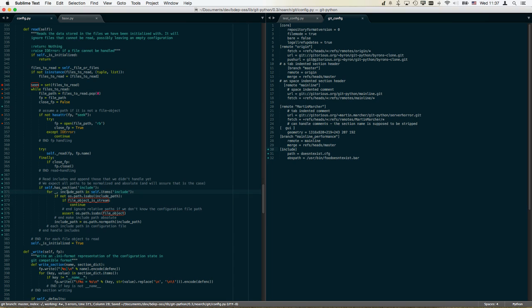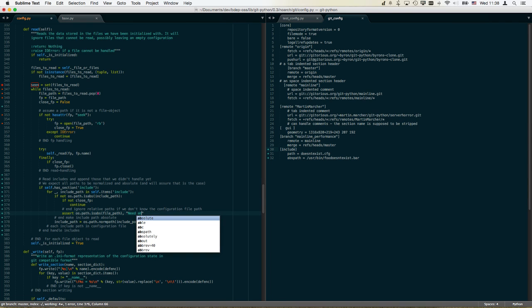So if we should close our file pointer, we imply that we have a file path. Otherwise, we know that it was a stream. And now we can do this. And we just assert that it's absolute, because that's really what I would expect here. And we just say need absolute path to be sure our seen or cycle check